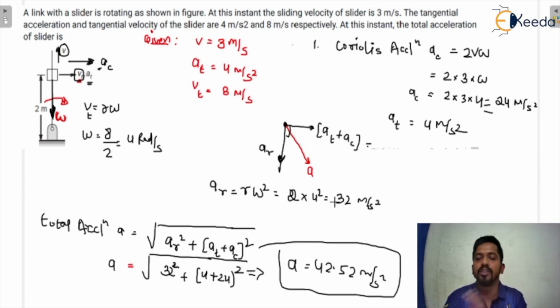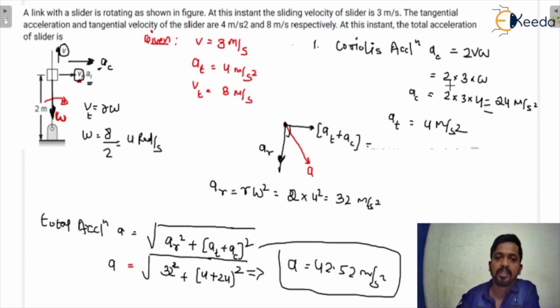I hope you will understand the solution of this question, because this type of question contains everything regarding acceleration, Coriolis acceleration, total acceleration. In the GATE examinations, generally the probability for questions to come on total acceleration is maximum. So you need to know everything about the total acceleration, how we can calculate it, and how we can arrange them like that.